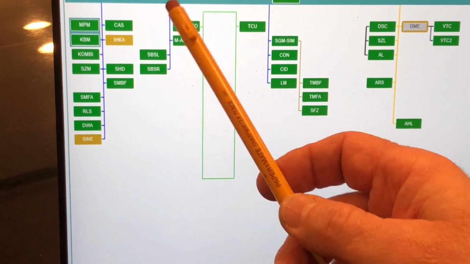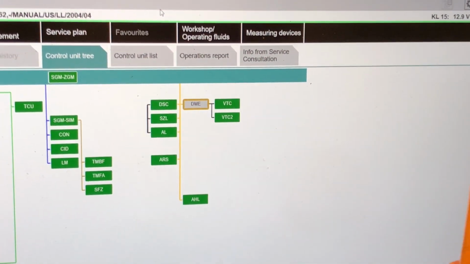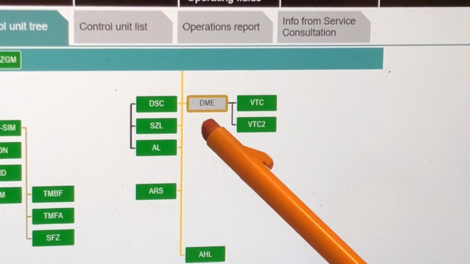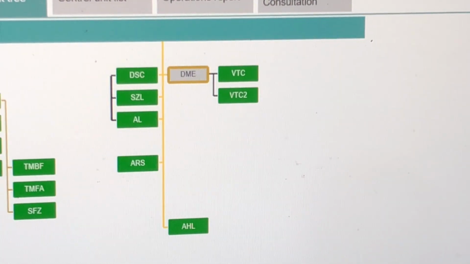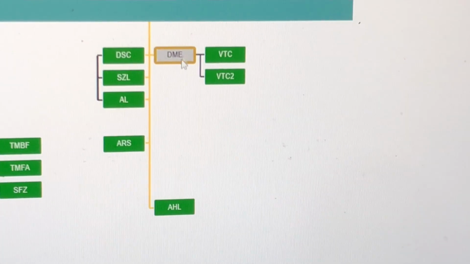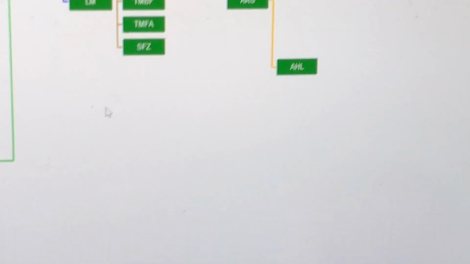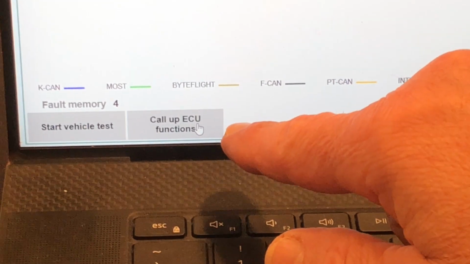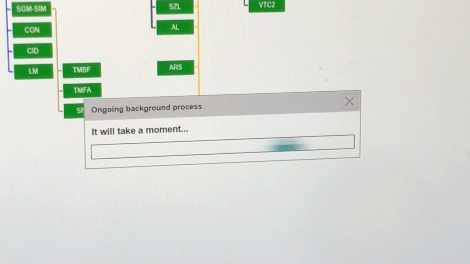So there are these not important, and then this one is important for us in this regard. So DME, the digital motor electronics, it has a fault, and if you click on it, you will be able to use this function called up ECU functions. So you click on that. It will take a moment